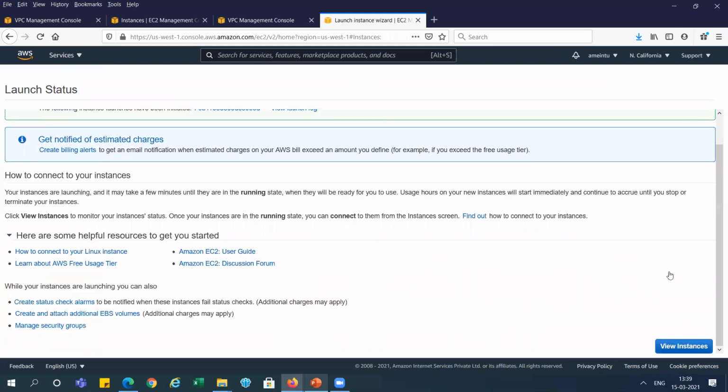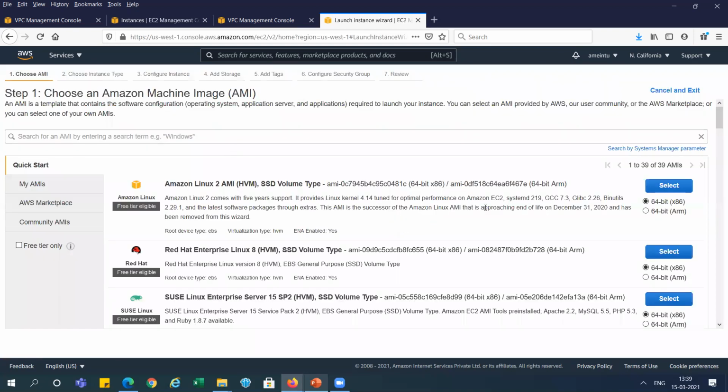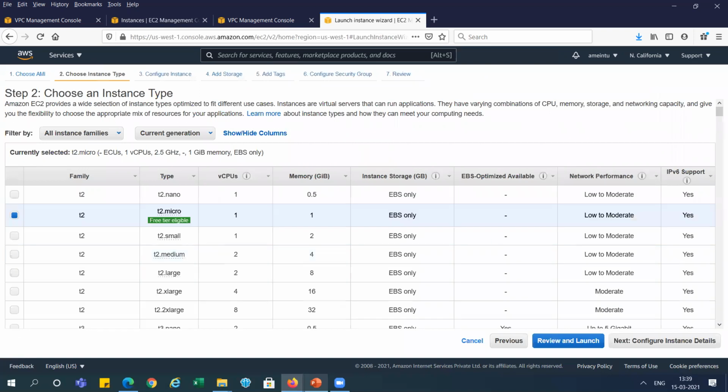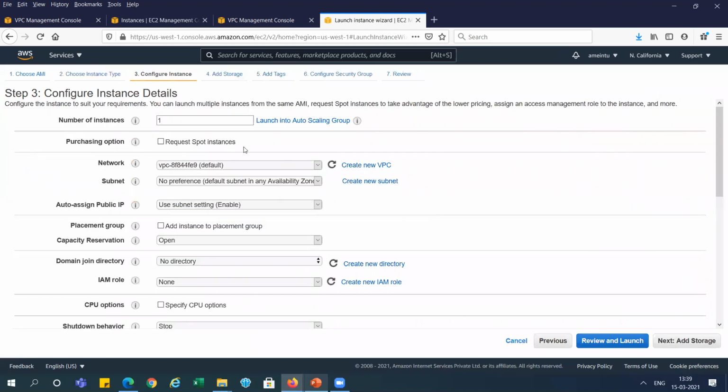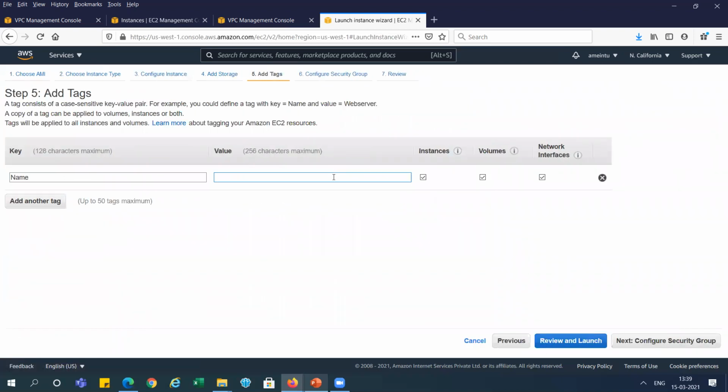This is created for X, and now we need to go and create one more instance for Y, right? You can select this Y VPC, and this public Y subnet is there. And we need to enable this auto assign public IP, and next is storage with the default one, and tag we will add here Y, right?